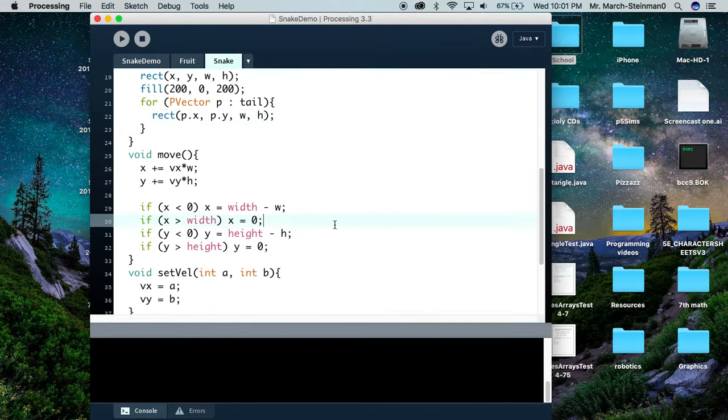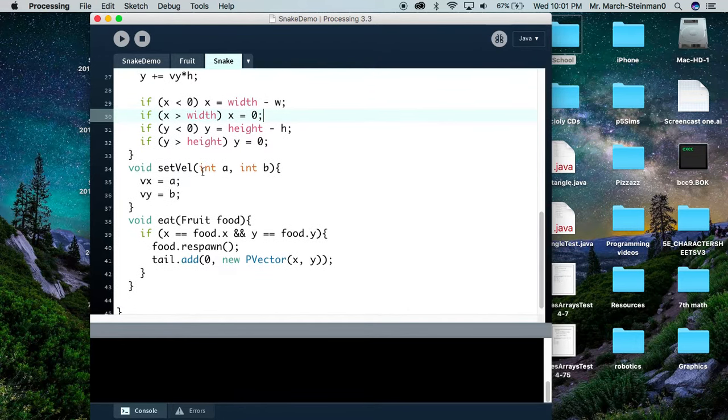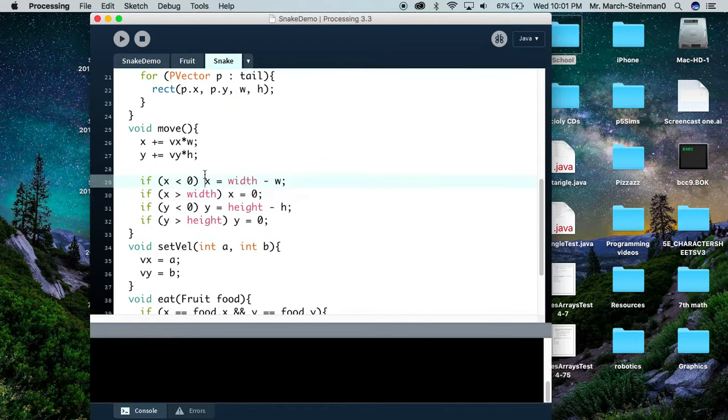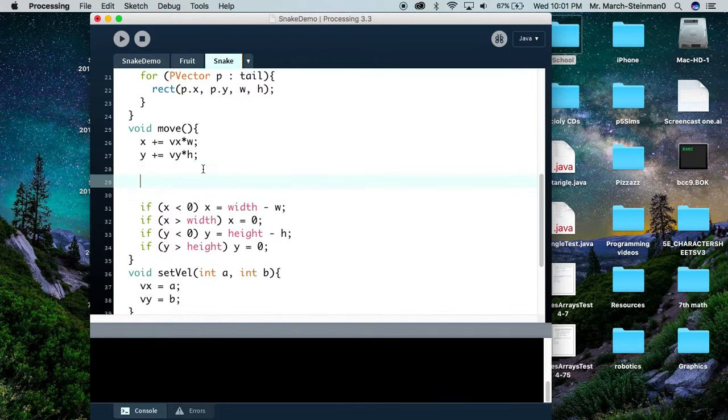But in our case, we want to see first the tail move with us, and second, we want to say that if we collide with the tail, we die. So those are the last two remaining pieces. They're actually not so hard. We can say that if tail